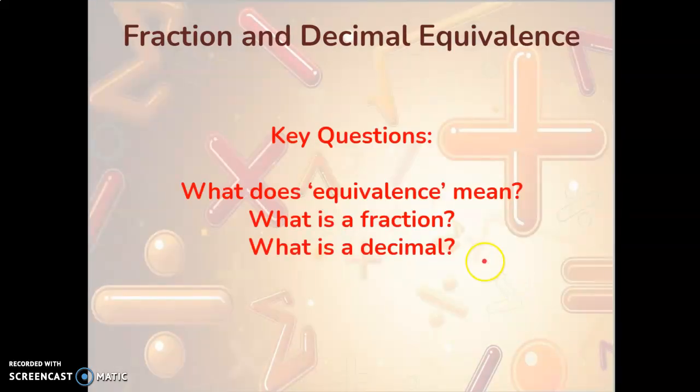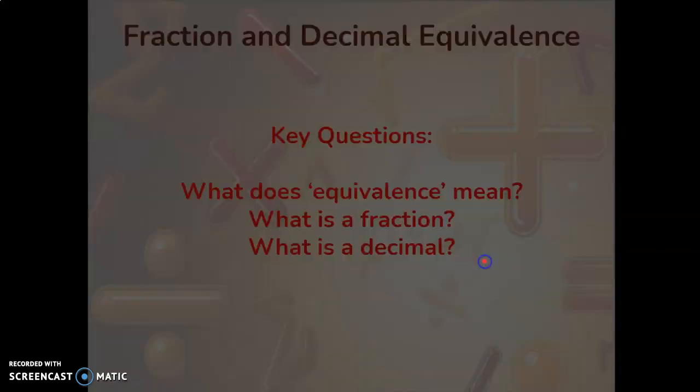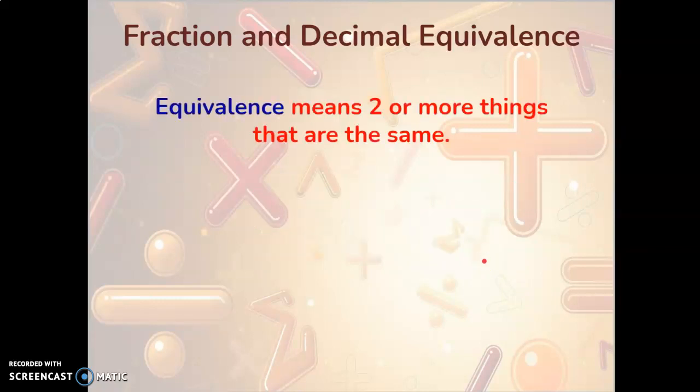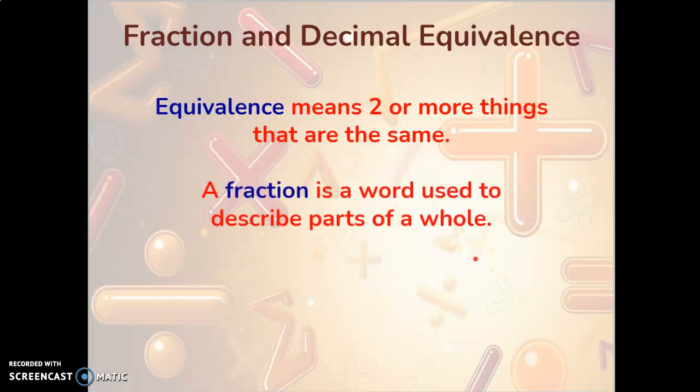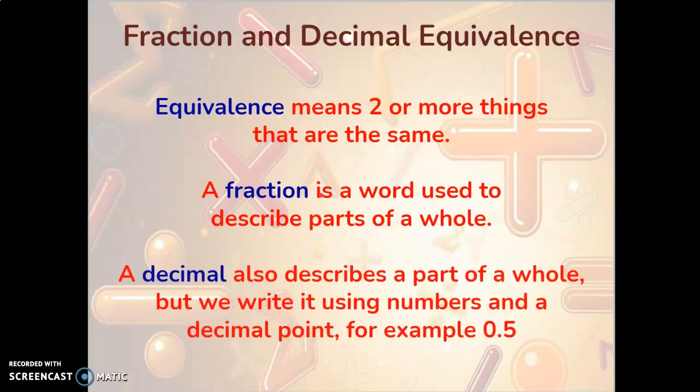So what does equivalence mean? What is a fraction and what is a decimal? Equivalence means 2 or more things are the same. A fraction is a word used to describe parts of a whole. Parts of a whole, like parts of a pizza, parts of a pie, parts of anything. A decimal also describes a part of a whole, but we write it using numbers with a decimal point. So if you have 0.5,